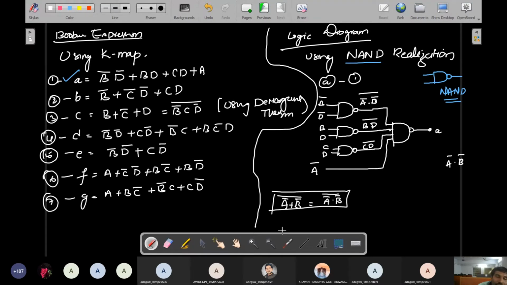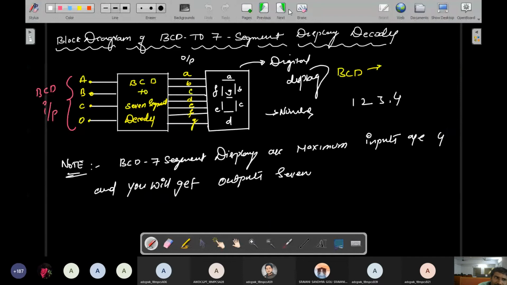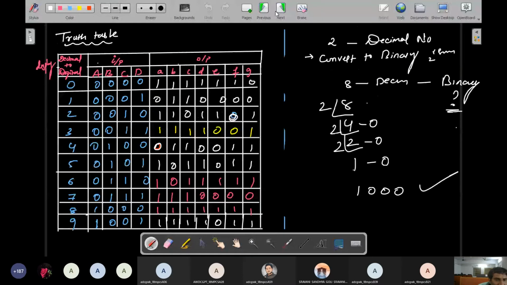Otherwise you have to check with another procedure. So simply take all the ones only. Simply take all the 1s. So for the output, if you want the A value, see, in the previous case I explained how to understand the output. That is the reason. See here, this is the logic circuit for the A output.